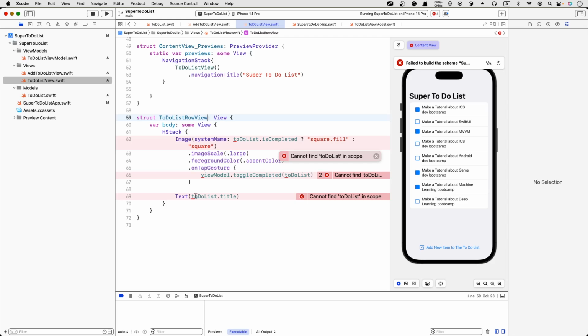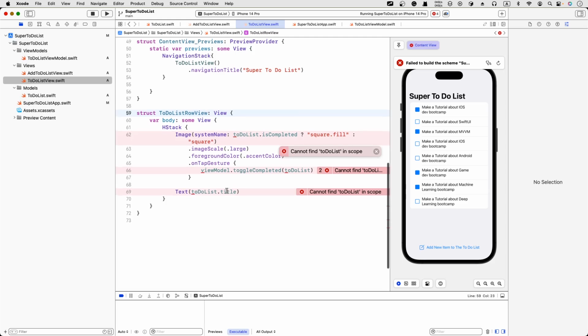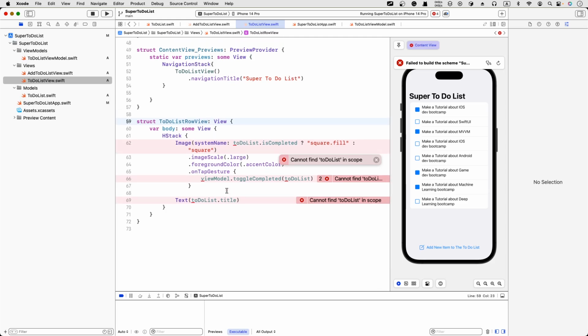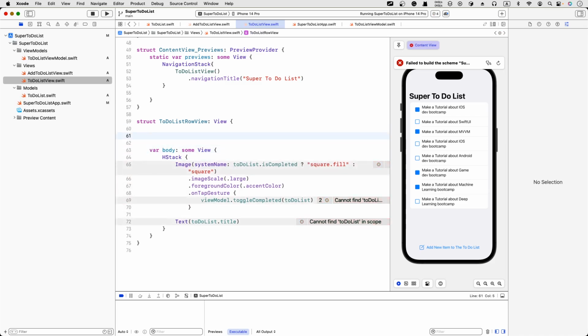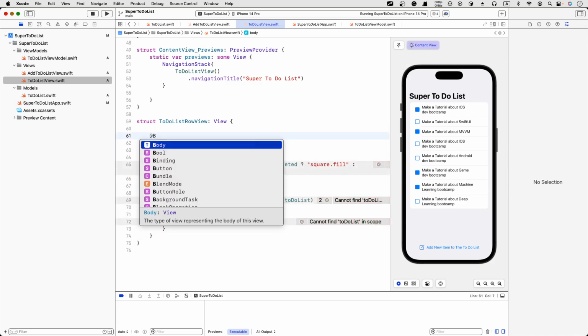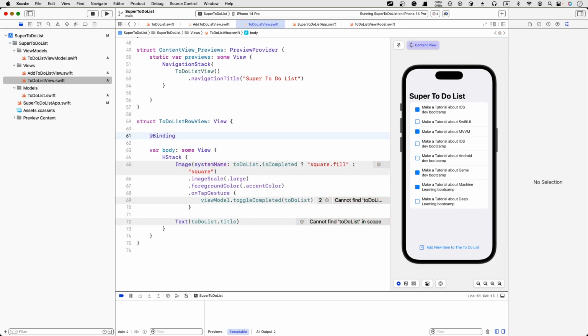How to do that? Pretty simple. I think I already discussed that. It's called binding. And in Swift, you can do two-way binding, which means it is a two-way communication. What I'm going to do is add a binding and add a variable here, just as in a parent and child relationship. We add binding, and we can say var, and let's add a